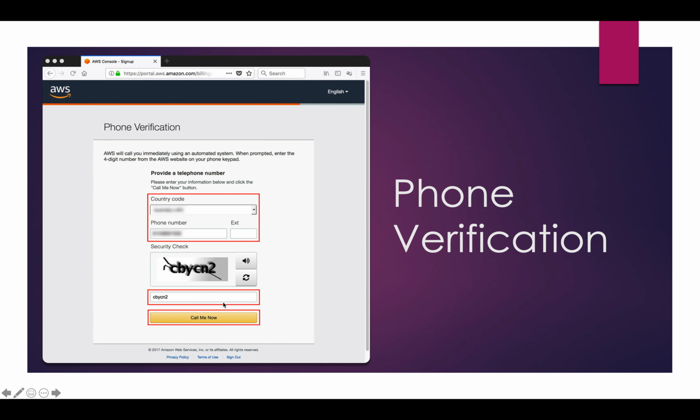And if you navigate to the next page, this is the phone verification. It is mandatory to verify your phone number. Why? Because if you forget your password, sometimes it will ask your phone number to verify, and otherwise it will ask your email also. Okay, so it's a valid phone number and it will ask for the OTP, you just provide it, and either you can enter the digit, or call me now, anything you can do. This is the phone verification.